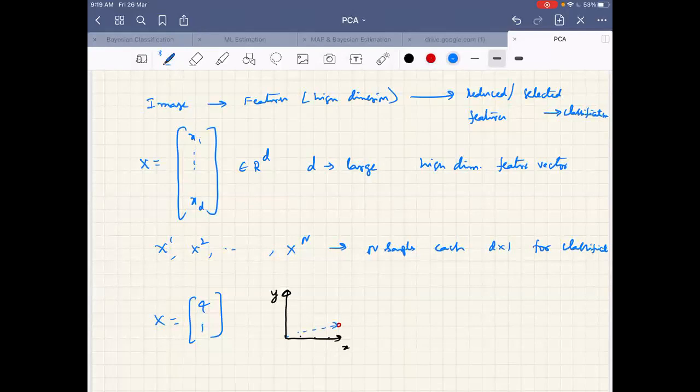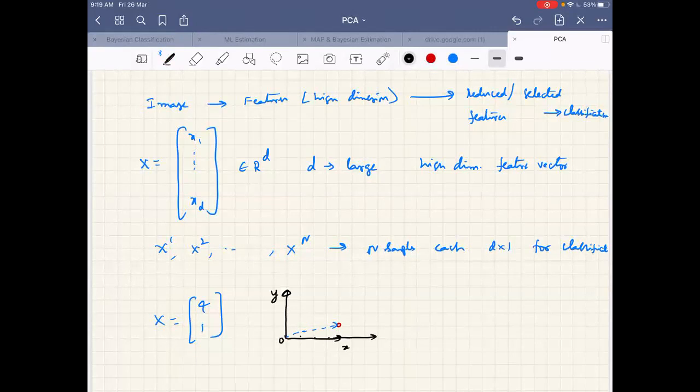Now tell me, if I want to reduce the dimensionality of this feature vector, what's the suggestion you can give? I need some quick answers to move on fast. Take the distance of the vector from the origin instead of taking both the points. Very good. One suggestion is to take the distance from the origin instead of taking both the points.